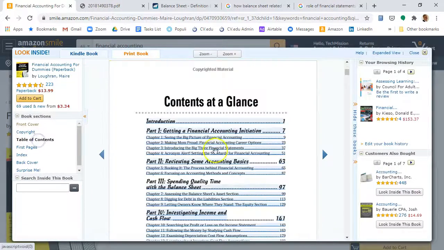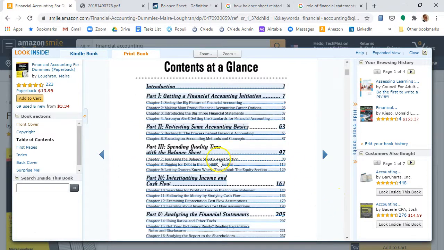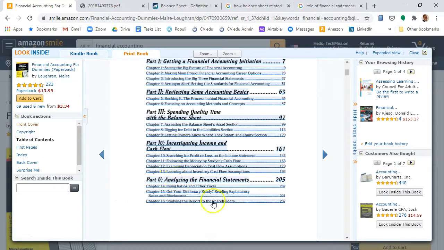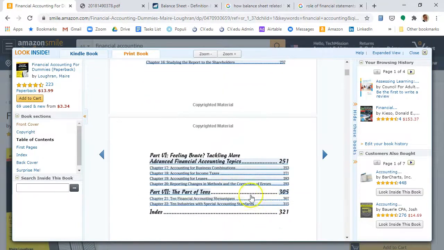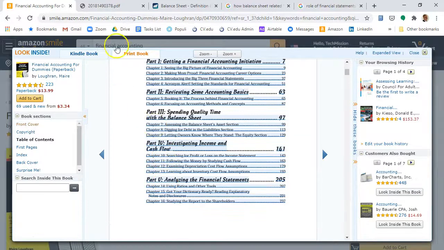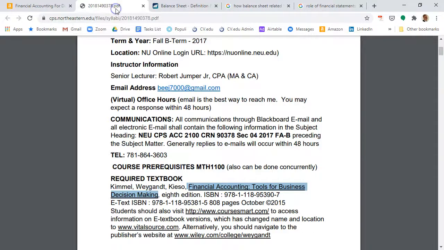You can see the table of contents, and you can say these are the different topics. So the balance sheets, the liabilities section, understanding income and cash flow, analyzing the financial statement. So you want to understand what the main topics are. This isn't the best source. I try to find a textbook that you can look inside, and then you're going to research some of these things,